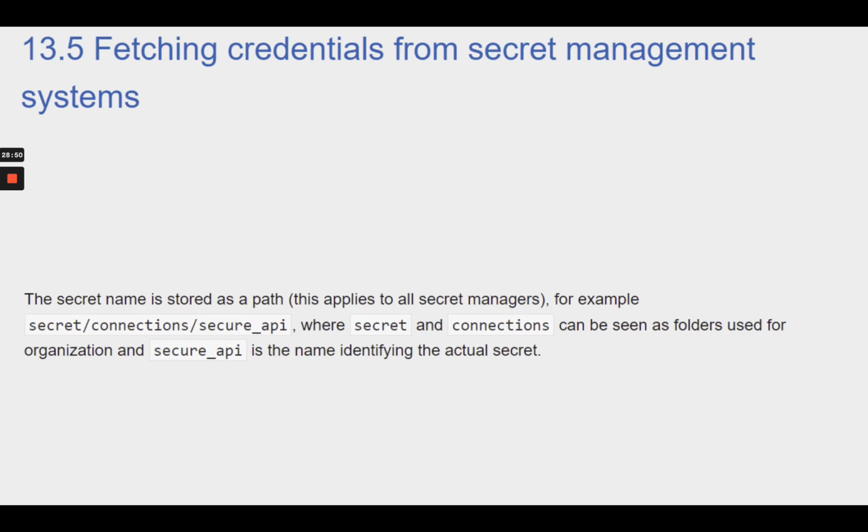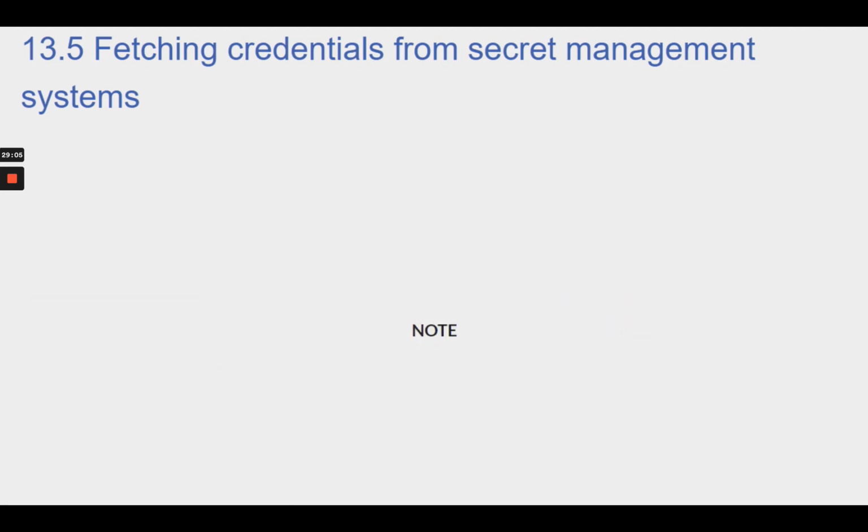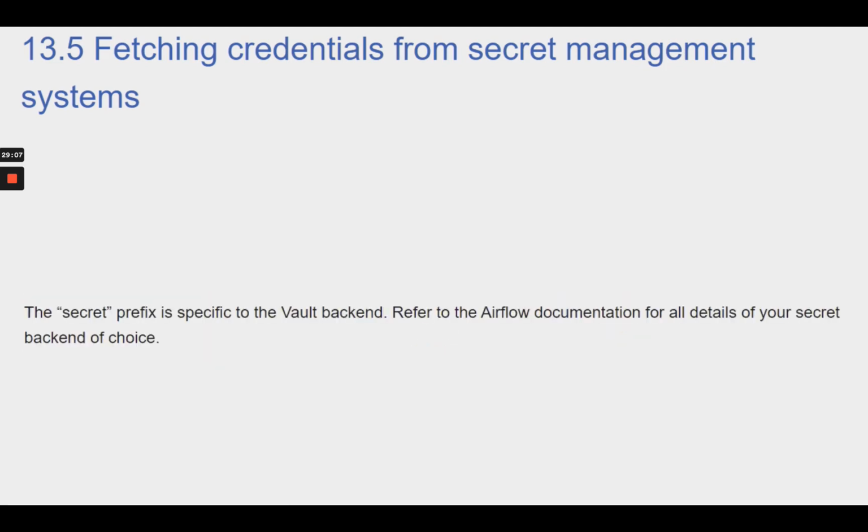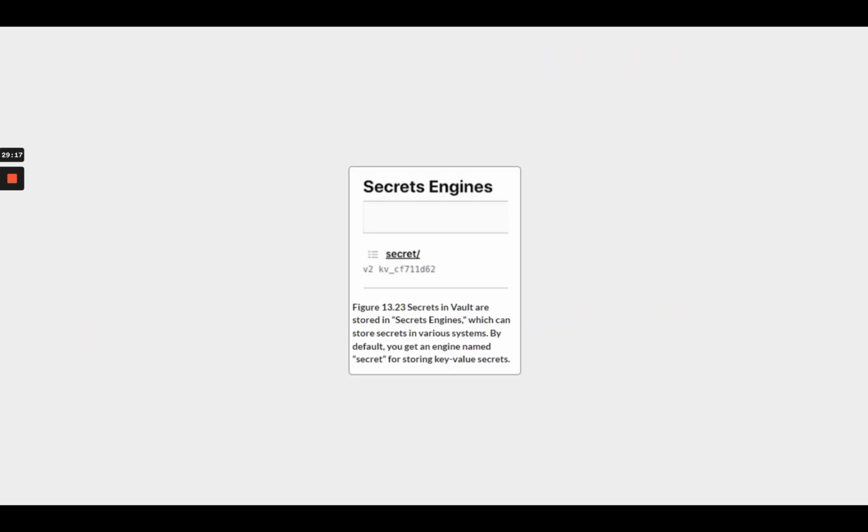For example, secret/connections/secure_API, where secret and connections can be seen as folders used for organization, and secure_API is the name identifying the actual secret. Note, the secret prefix is specific to the Vault backend. Refer to the Airflow documentation for all details of your secret backend of choice. The hierarchical organization of secrets in all secret management systems allows Airflow to provide a generic secrets backend to interface